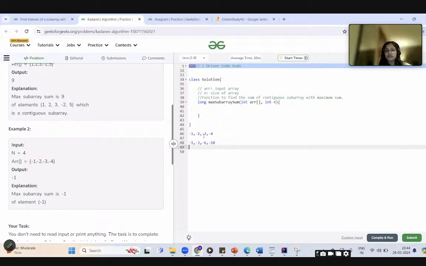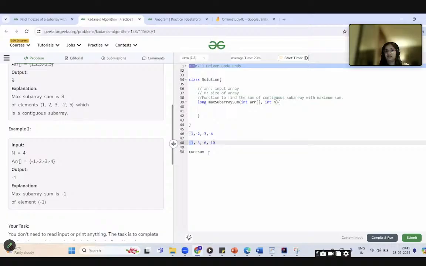Now the question is that we are proceeding in such a manner, taking the current sum, but we need to find the maximum sum. If I take only one variable, will it suffice? Minus 1 is gone because now the current sum becomes minus 2. We are not storing minus 1 anywhere, though the maximum sum was minus 1.